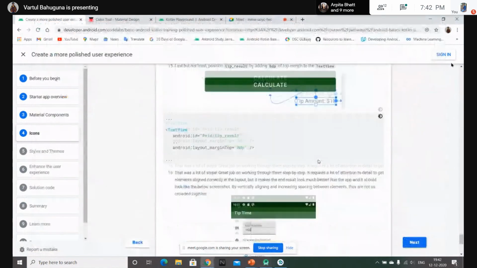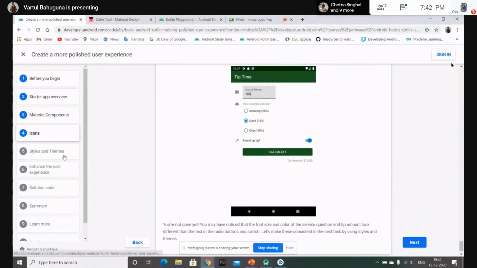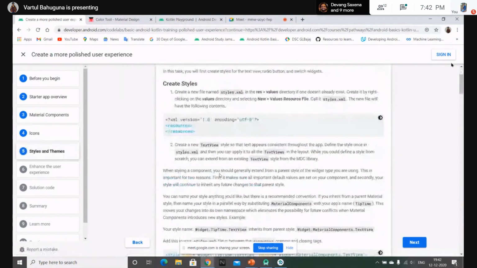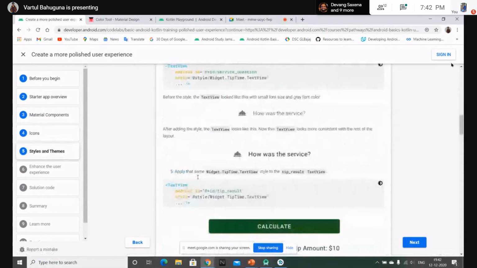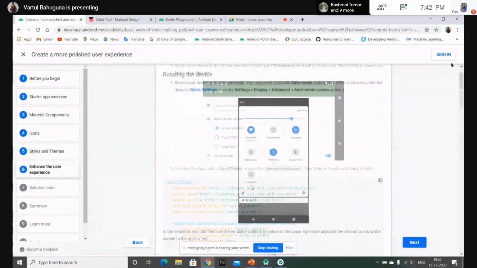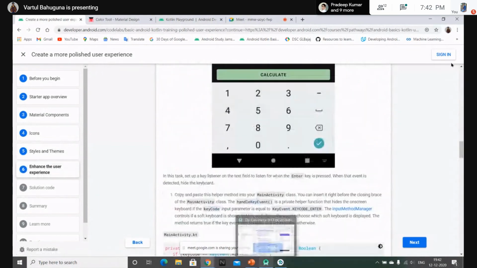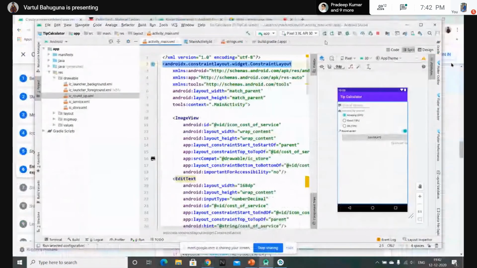About the color of the app, you can change it from the theme, in the code lab that we have skipped. And there are also some lessons on how to style your icons and the rest of your app. I want you to go through this on your own as we are running out of time. So now let's rerun this app. You just stop it and then run this again.